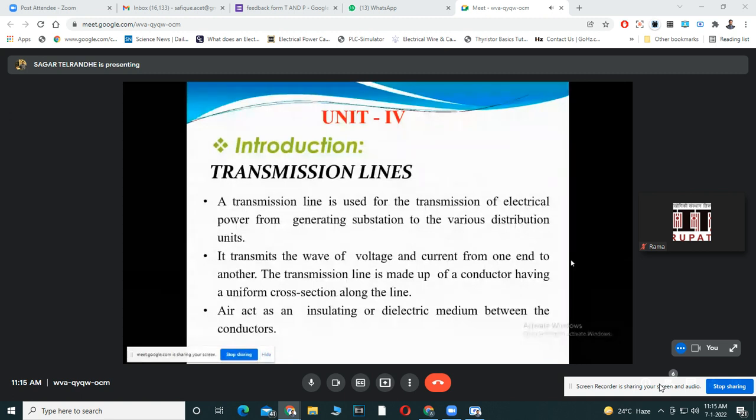It transmits the wave of voltage and current from one end to another. The transmission line is made up of conductors having a uniform cross section along the path. Here, the air acts as an insulator or dielectric medium between the conductors. So if we think about